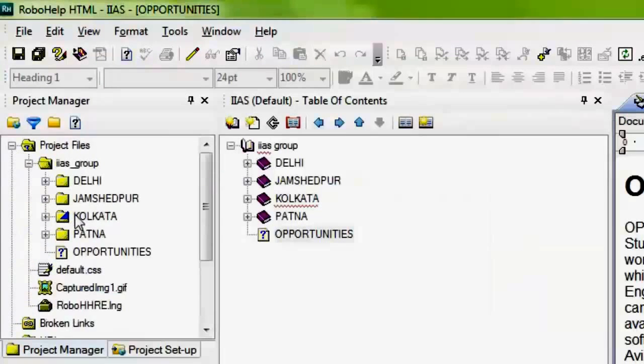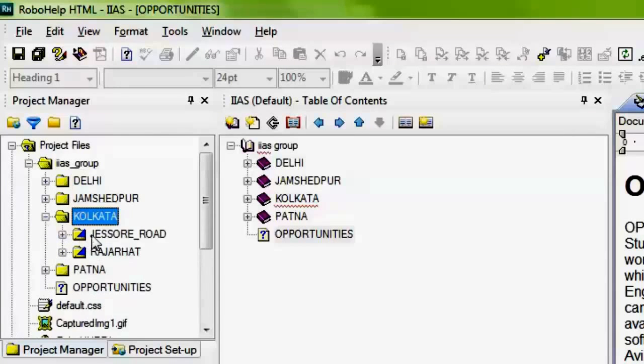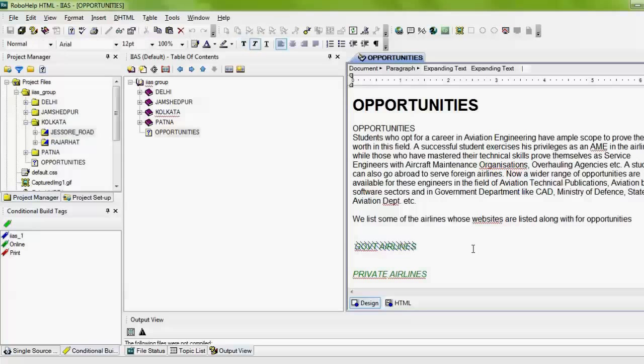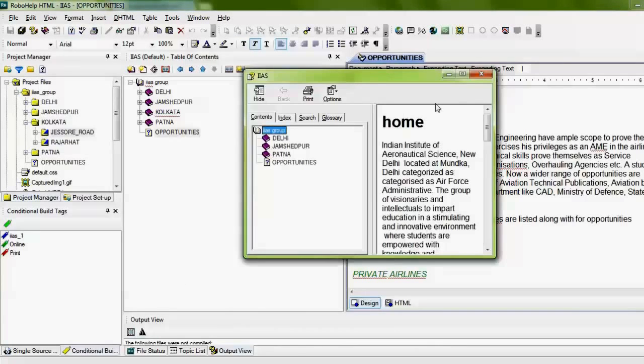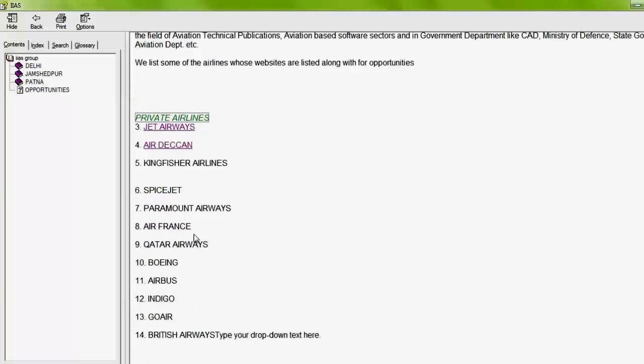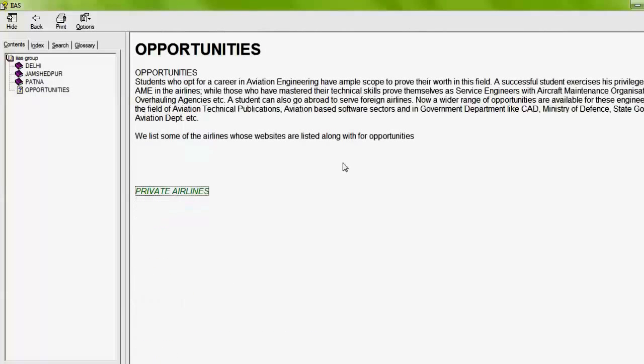We have not applied any tag on Patna, Delhi, Jamshedpur, so they are present. But in Kolkata, we have applied the conditional build tag, so it is not present in our output. The same thing is done with that content also. See here, private airline content is present, but government airline content is not present because we have applied a conditional tag to the government airline text.